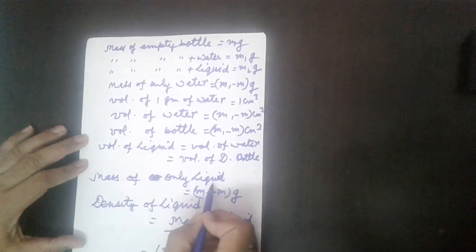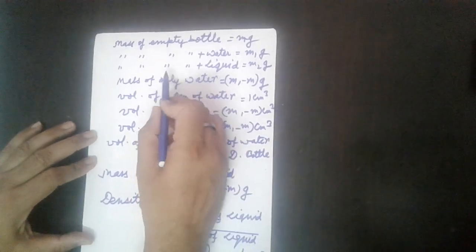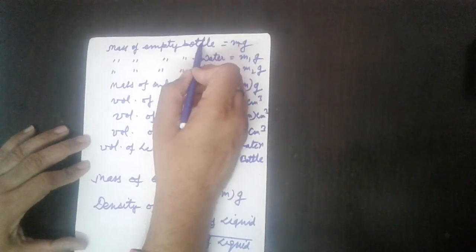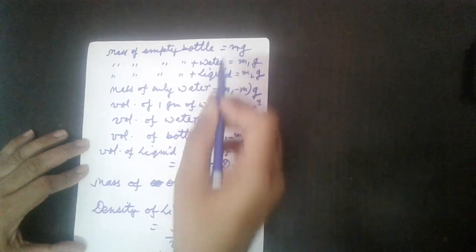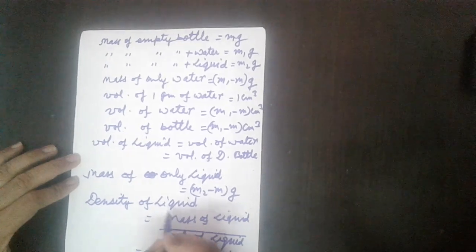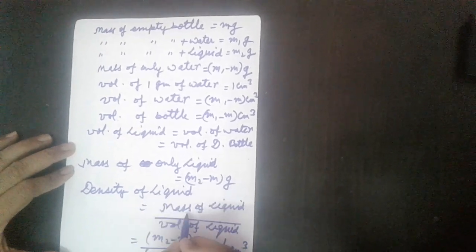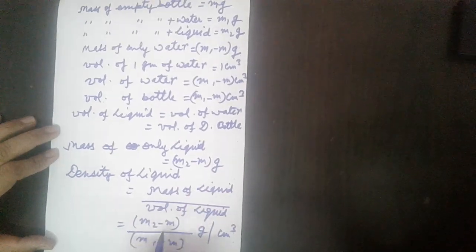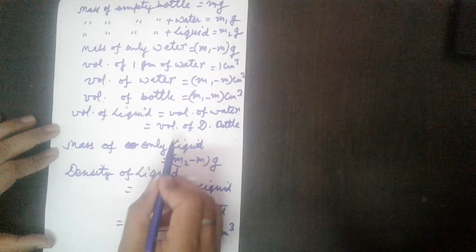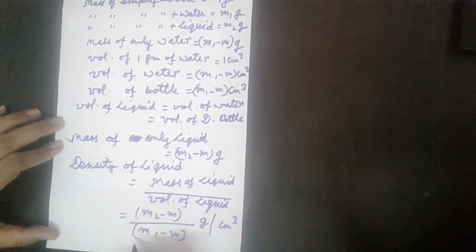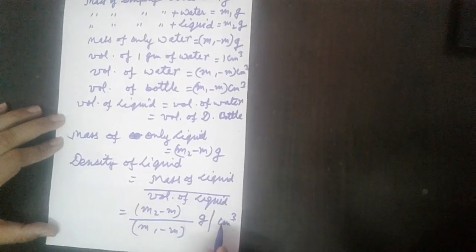How will we find the mass of only liquid? This is the mass of empty bottle plus liquid, and this is the mass of empty bottle, so from this we will subtract this. So m2 minus m gram. Now we have to find the density of liquid. Density equals mass upon volume. The mass of liquid we have already found, m2 minus m gram, and the volume of liquid equals m1 minus m. So the density of liquid will be equal to m2 minus m upon m1 minus m